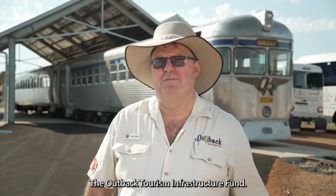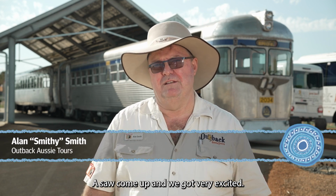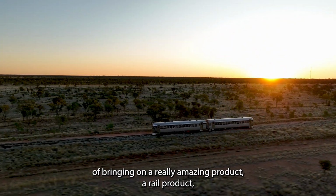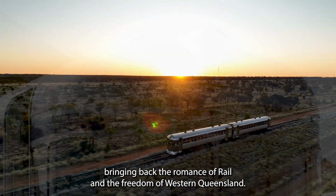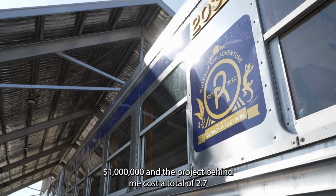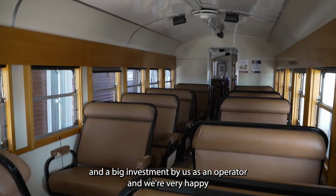The Outback Tourism Infrastructure Fund was an amazing thing that came online. I saw it come up and we got very excited about it. It made it possible for us to bring alive a dream of bringing on a really amazing rail product, bringing back the romance of rail and the freedom of Western Queensland. Outback Aussie Tours received $1 million and the project behind me cost a total of 2.7. So it's been a big investment by the government and a big investment by us as an operator, and we're